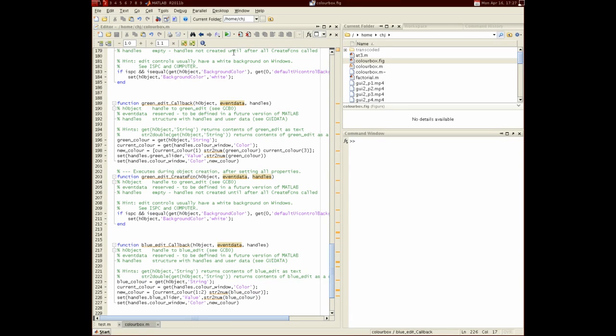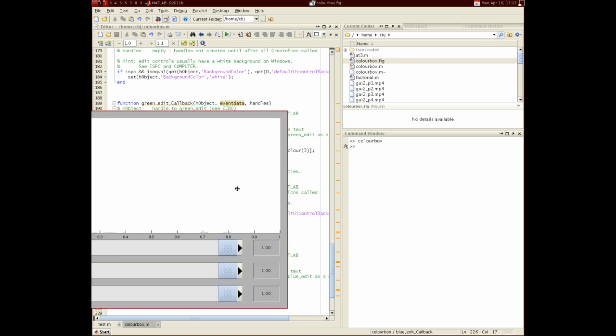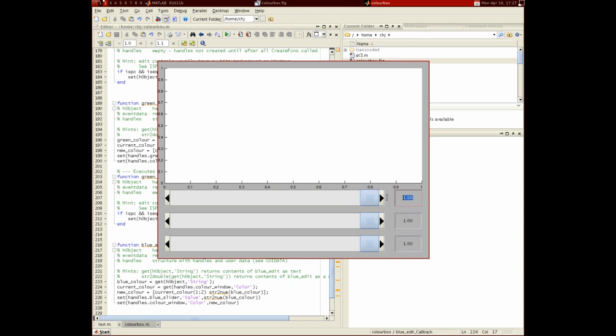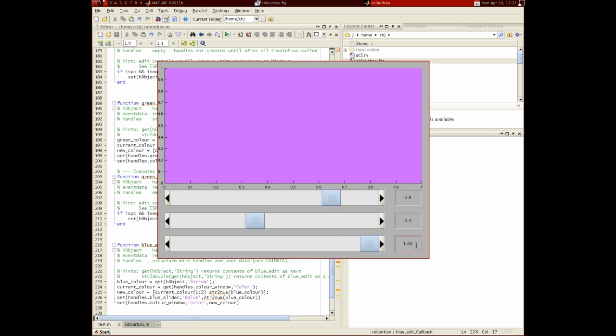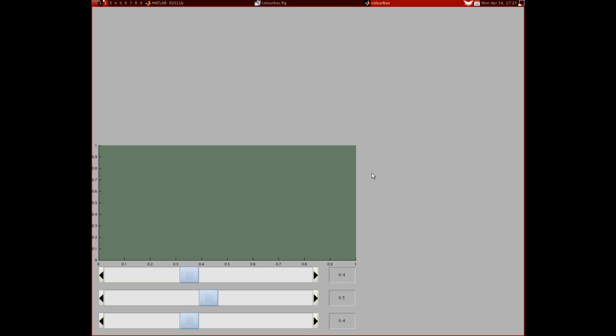Finally, for the color box example, I just wanted to demonstrate the final working product, and here it is. So if I change this code to be 0.8, this color code to be 0.4, this one to be 0.2, you see all the slider bars adjust proportionally, and the text boxes are still updated in accordance with which slider bar is which. However, we still have the slight problems of these ticks, and that when we scale the whole